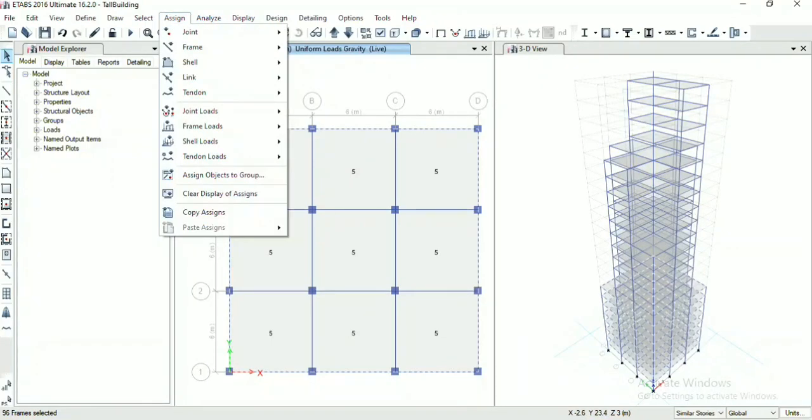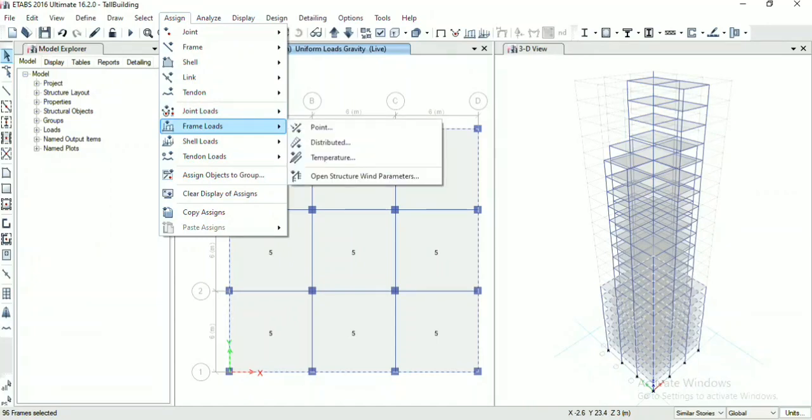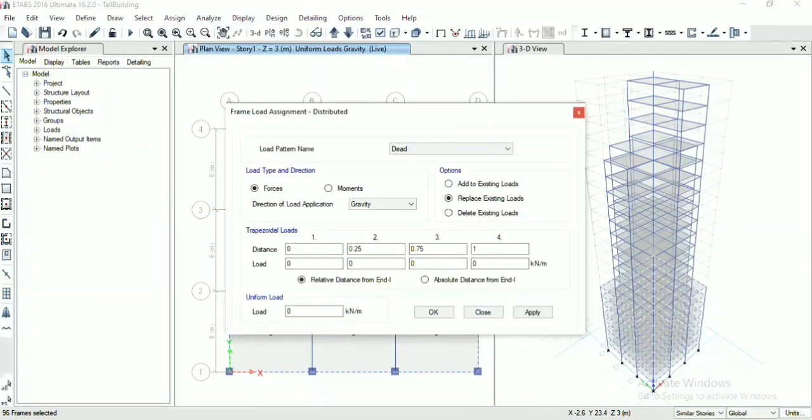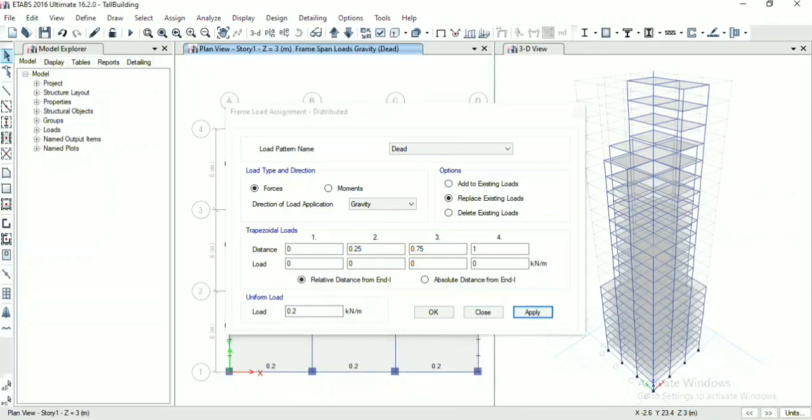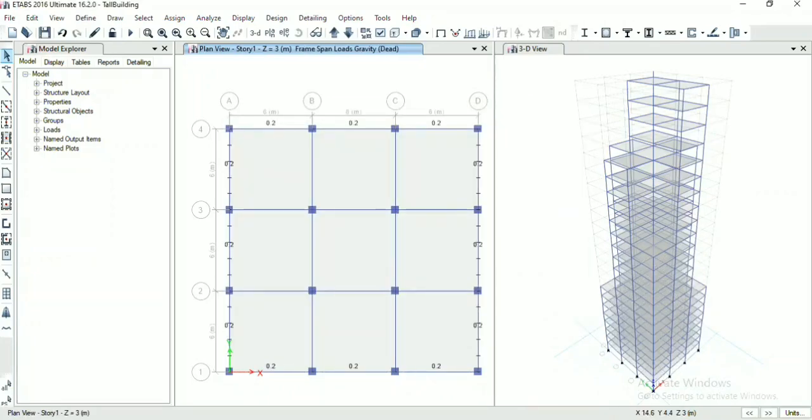Now go to assign, frame loads and distribute it. Here uniform load of 0.2 kN per meter is applied. Similarly we will do for all the sets of stories.